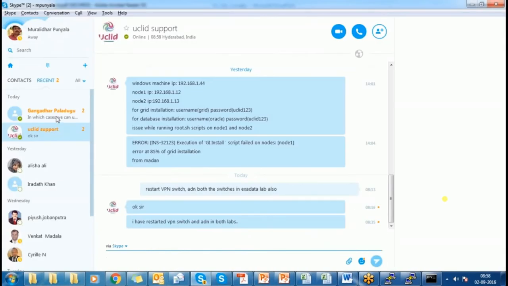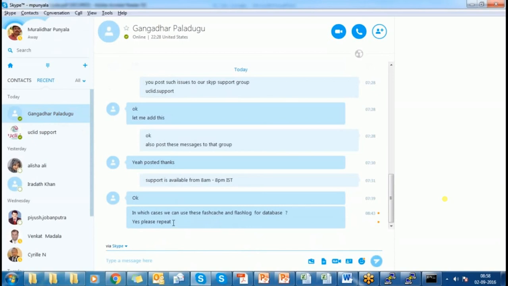Let me see in which case we can use flash cache and flash log for a database. See, flash cache and flash log are unique features of Exadata. Flash cache caches frequently accessed data inside the storage server. And the flash log is used by your log writer to write redo log data.